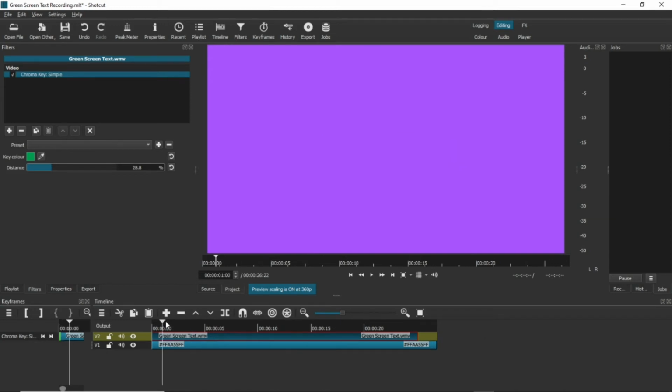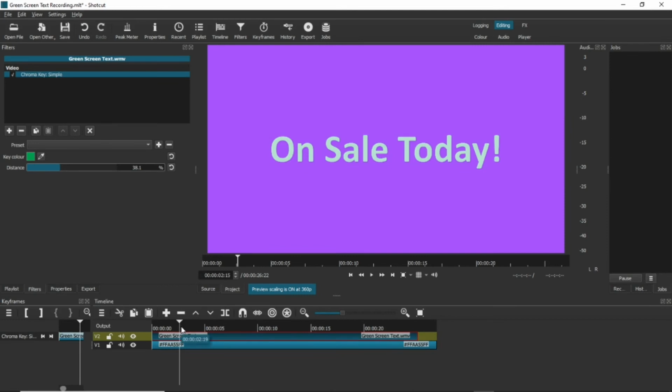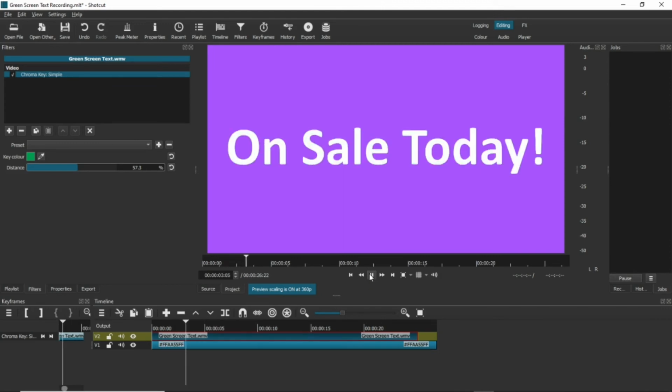There is a very faint greenish outline to remove, and as these are moving words, there will be elements that are a little greenish as we go through. To remove this, increase the percentage on the bar in the filter. But don't go too far, or you'll start to lose your text. The last one of these is probably the most difficult.